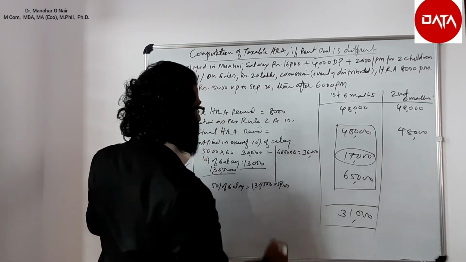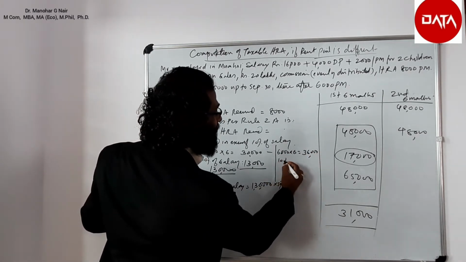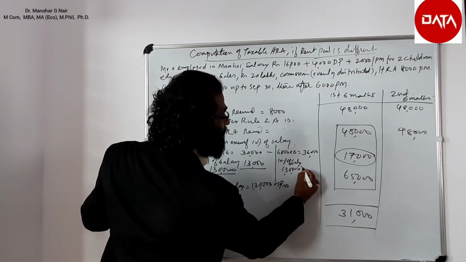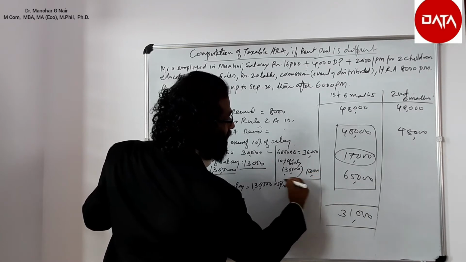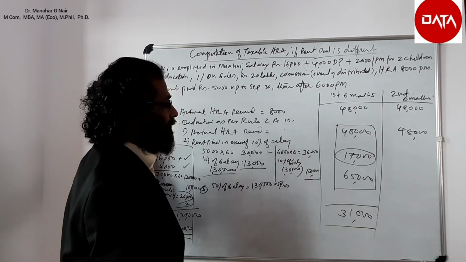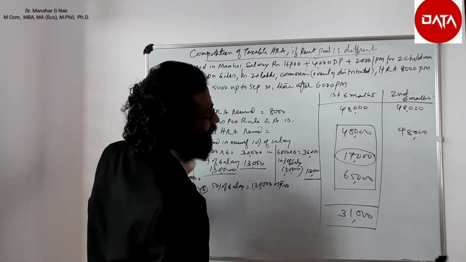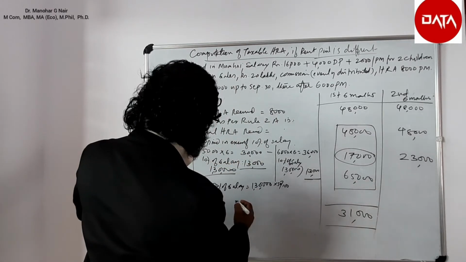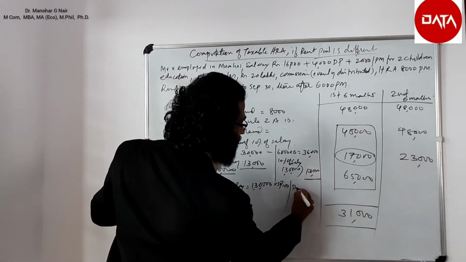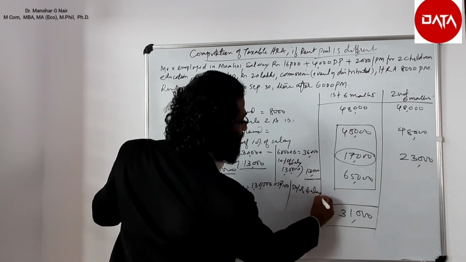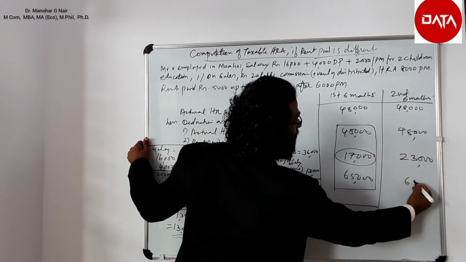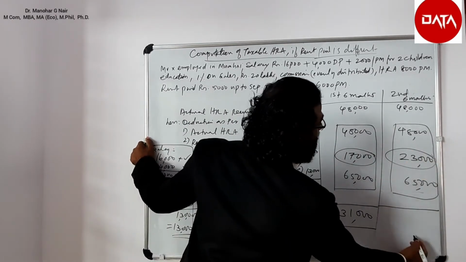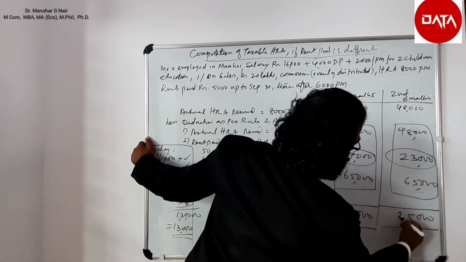Similarly, in the second case, actual received is 48,000 and rent paid is 6,000 into 6, that is 36,000, minus 10% of salary, that is the same 1,30,000, so it will be 13,000. So 36,000 minus 13,000 is equal to 23,000 in this case. And finally, the third point is 50% of salary. That is also the same, 65,000. Among these, the least is 23,000. So the taxable portion in this case is 25,000.